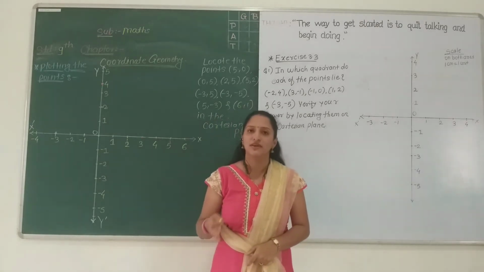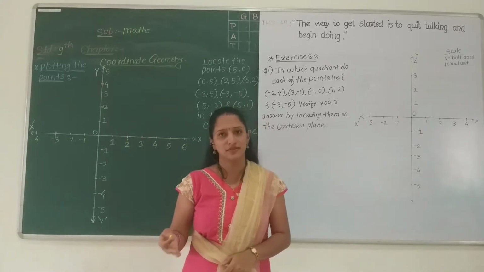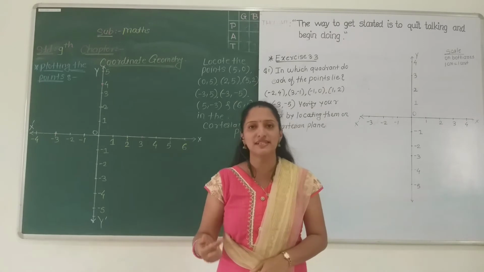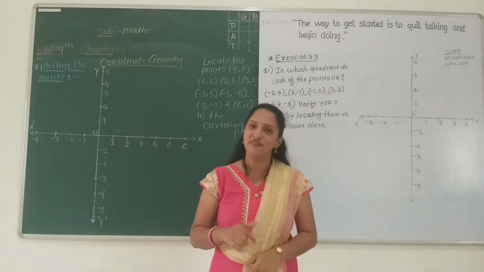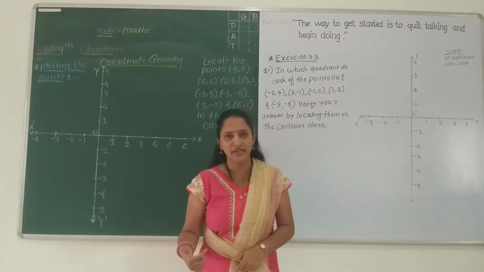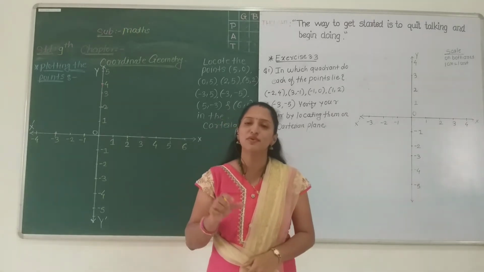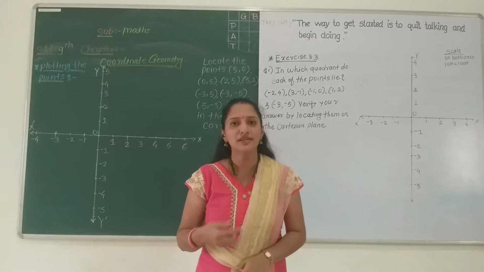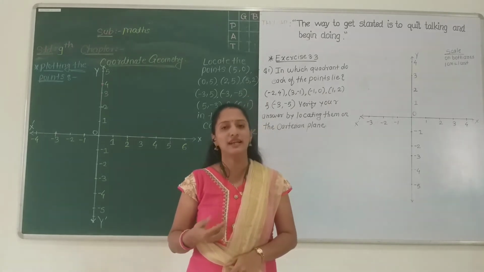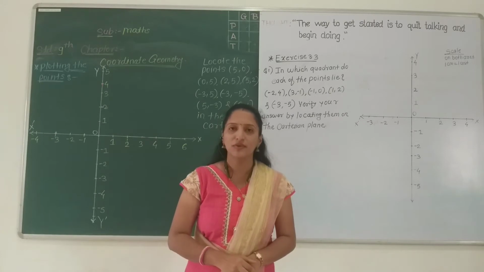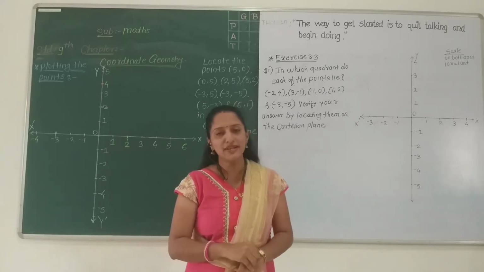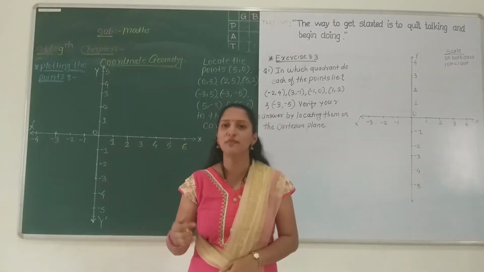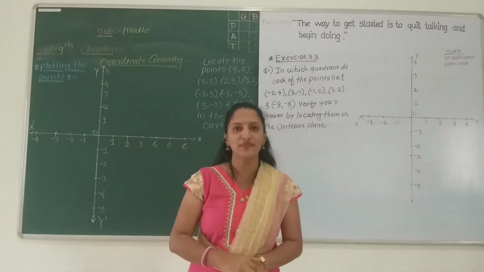Now tell me, the other name of x coordinate is? Yes, x coordinate is also called abscissa and y coordinate is called ordinate. When we write the position of a point or coordinates of a point in a plane, first comes x coordinate and then y coordinate. Okay students, so in previous session we found coordinates of the given point in the given figure.